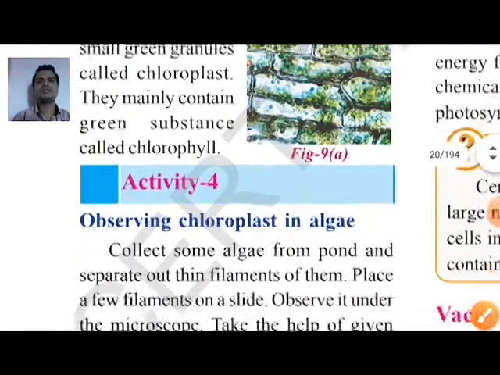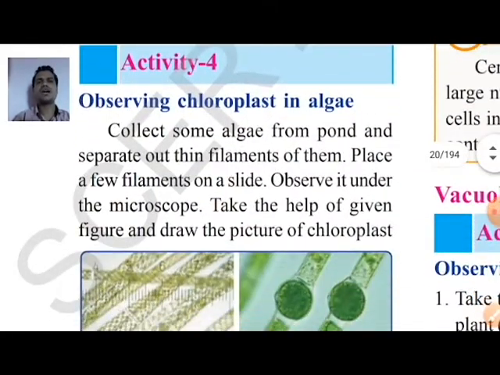Okay, now let us see activity number 4, observing the chloroplast in the algae. Now what does algae mean? Algae is nothing but a greenish mass that is floating on pond water. I think so many times you have gone to a pond or lake. When you observe the pond or lake, on the upper layers of the water, some greenish mass is floating. This floating greenish mass is called algae. This algae is just like the grass in our garden. When you observe your surrounding garden area, you can see some small grass present on the ground. Just like that, in the water also some greenish structure is present, that is called algae.